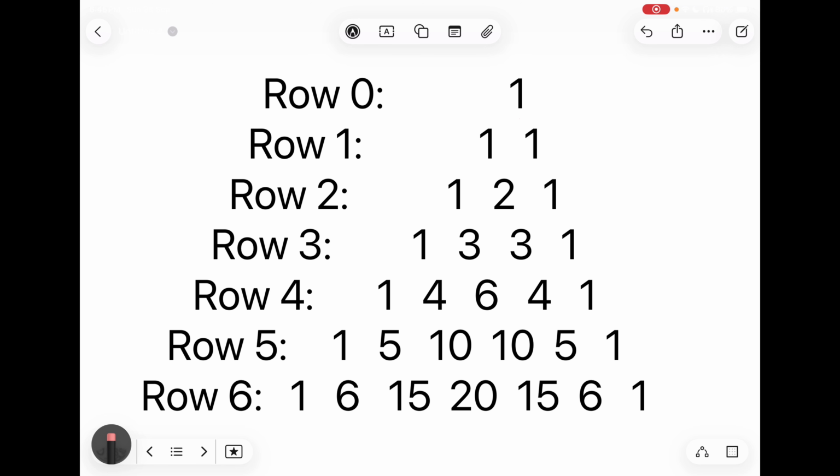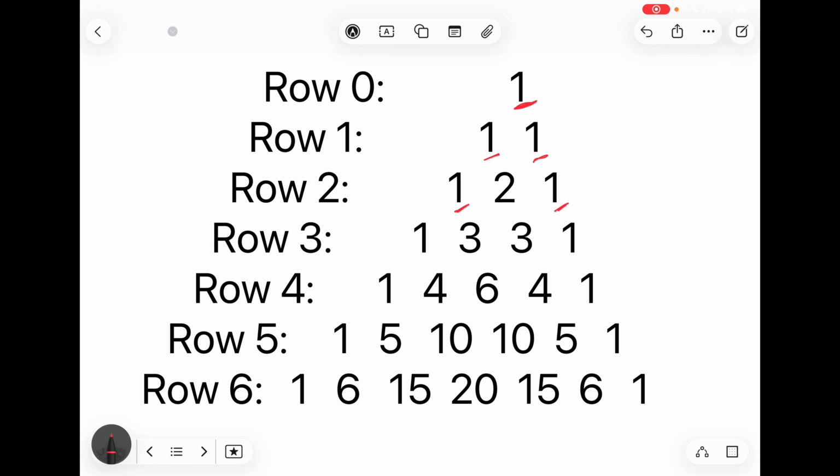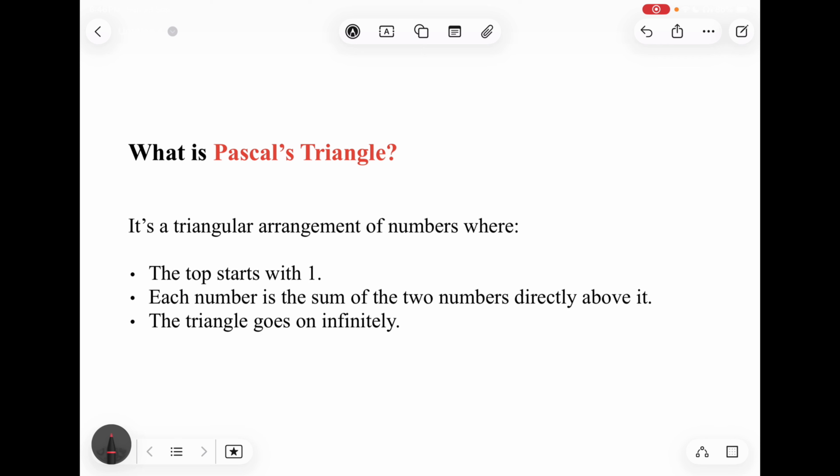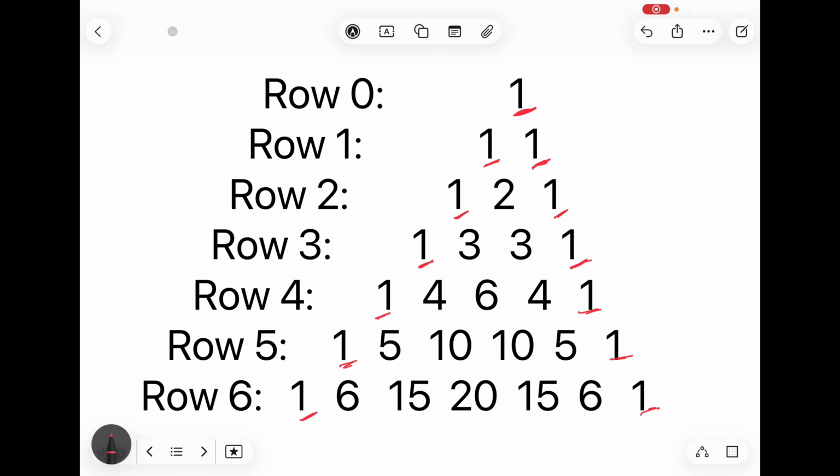Now, how to draw this Pascal triangle? In each row, we will always have 1 at the start and 1 at the end. This is clear. Now, for the remaining terms, as we said earlier, we are going to add the above two numbers. We said over here, no? Each number is the sum of two numbers directly above it. So now, for this number, we are going to add these two numbers,